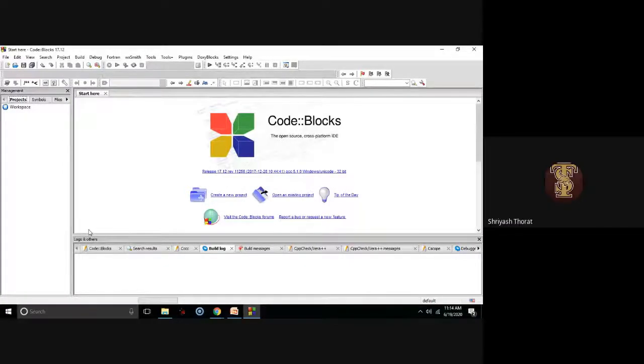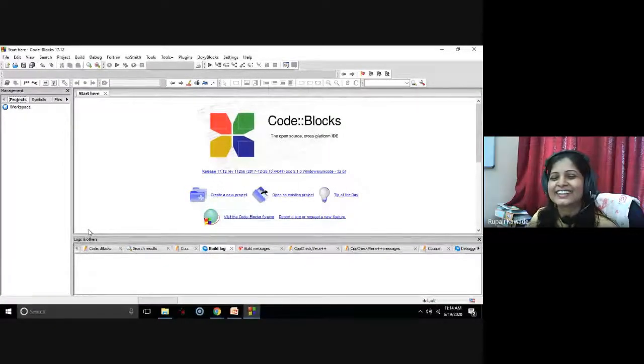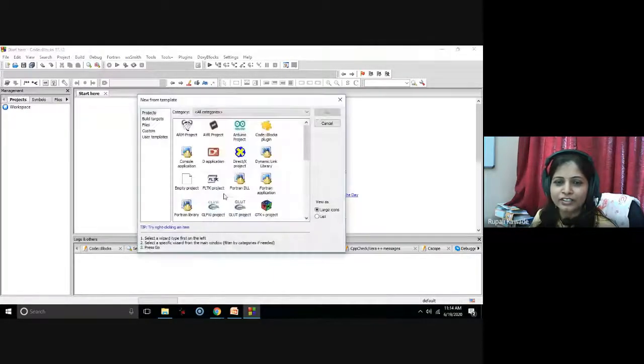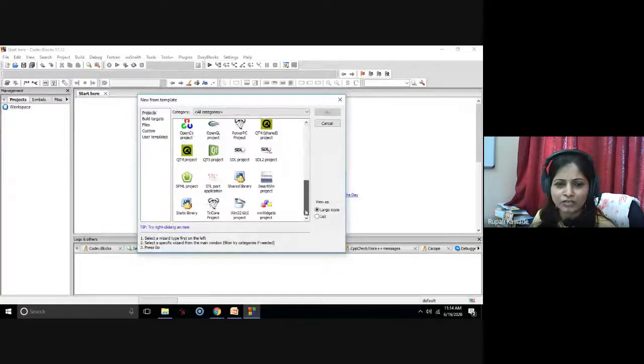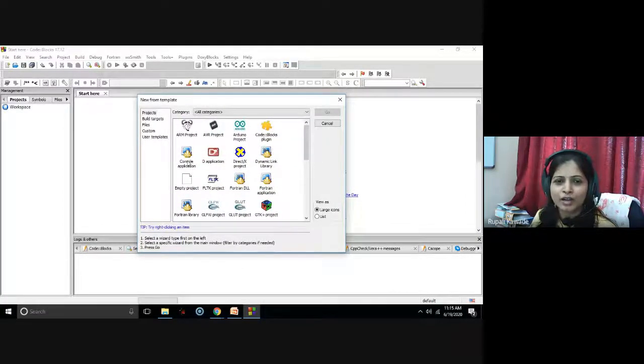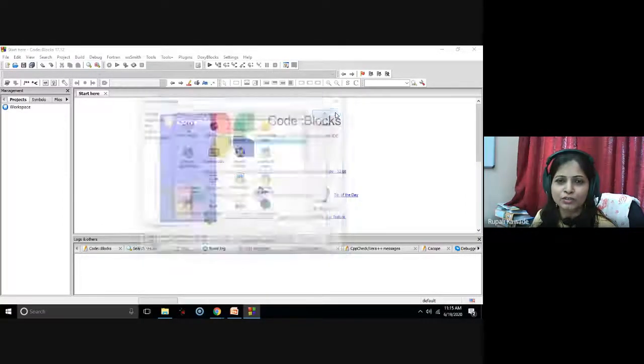What is the extension you use in Python for the source file? Dot py. In the same way, in the case of C, we use dot c. What is the extension for C++? Dot cpp.